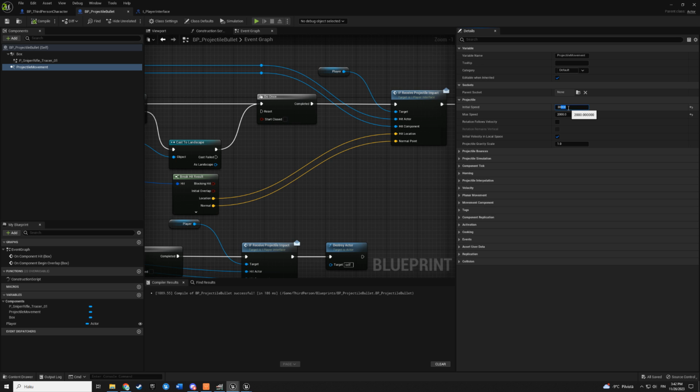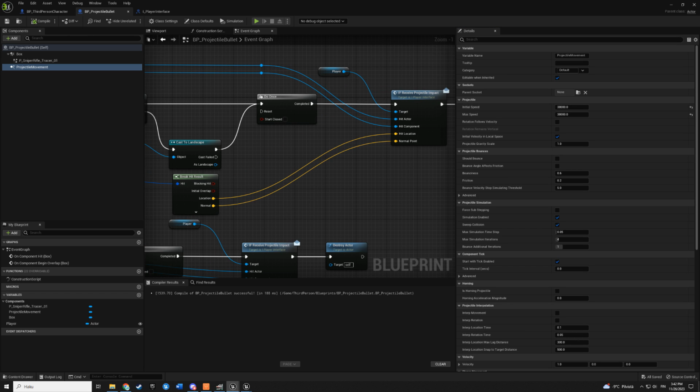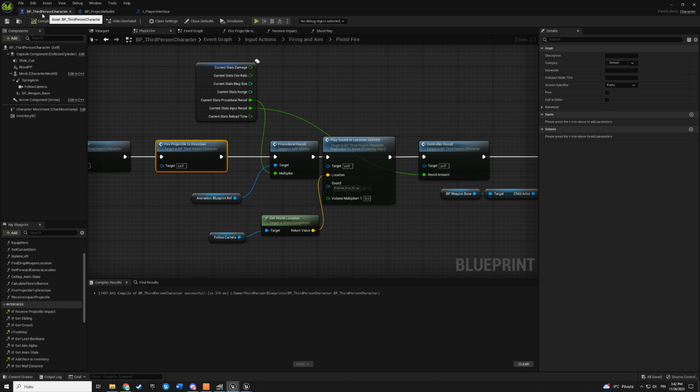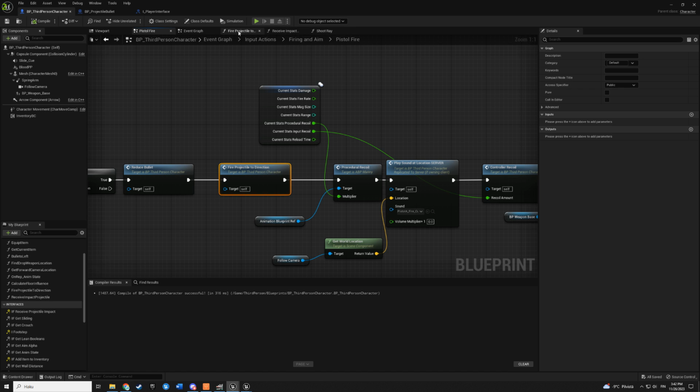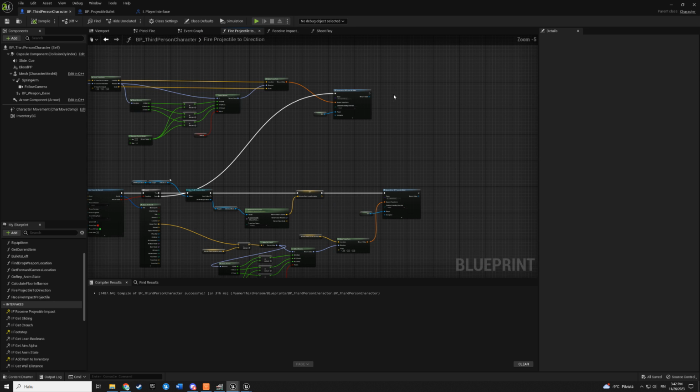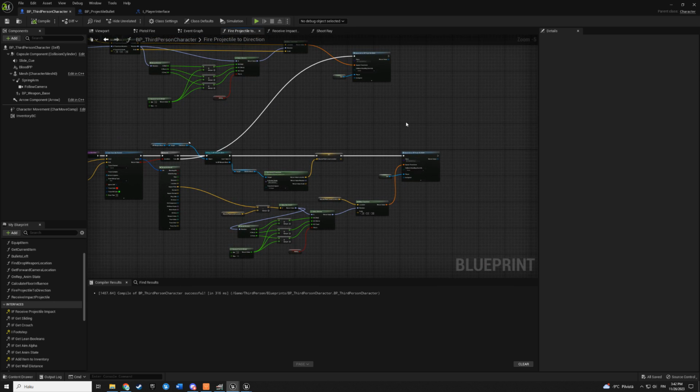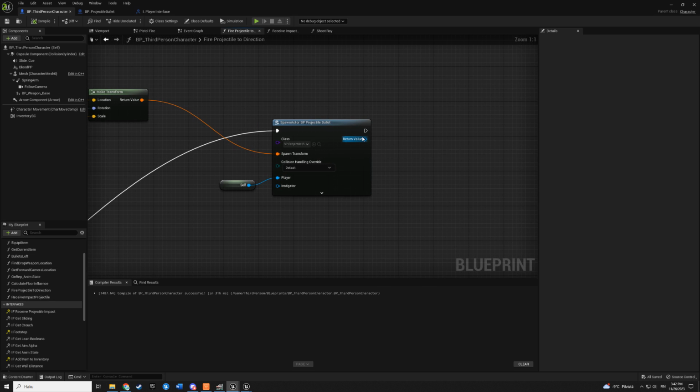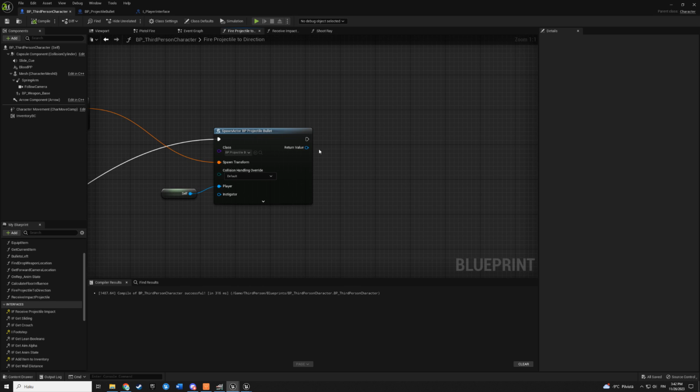No. Maybe. Yeah, let's put that. Then compile and save. And one thing what you can also do if you want, you can go to your third person character, and there is fire projectile, and then we can modify our velocity.